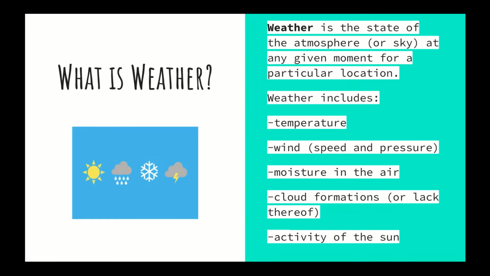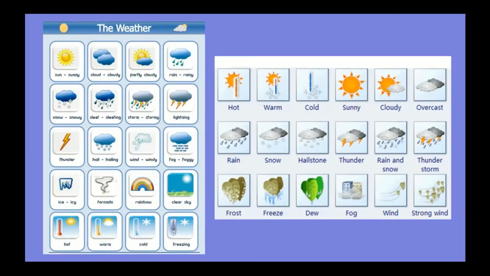It's not really constant. We can predict the weather through the study of meteorology, but even that isn't an exact science because weather is stable in a sense, but it can also vary a lot just based on the conditions described. So here are some examples of common weather phenomena. It might be hot, warm, or cold. You can have sunny weather, cloudy weather, overcast weather, rain, thunder, snow, frost, fog, wind, or strong wind. It can be a clear sky. You might have a rainbow if it just previously rained or rained lightly.